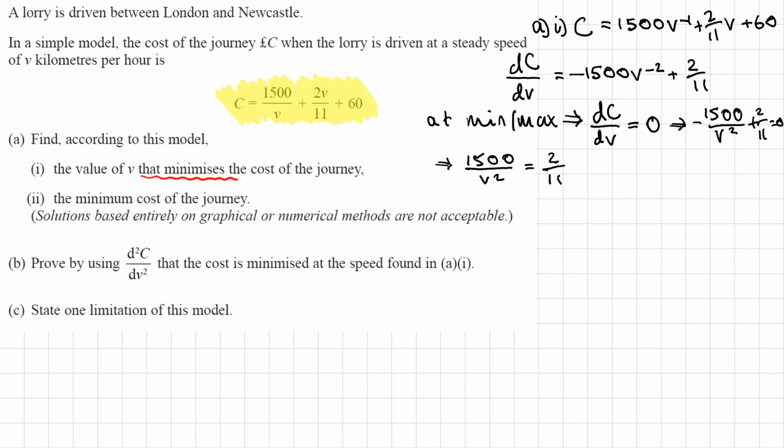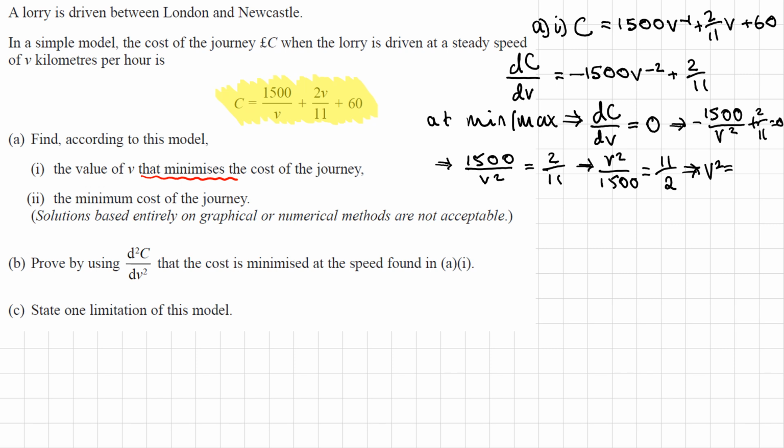If I rearrange it, then what I'll do is do the reciprocal of both sides. So I'll have V squared over 1,500 is equal to 11 over 2. From here I can work out what V squared is. So V squared is going to be 11 over 2, and then we're going to times that by 1,500,